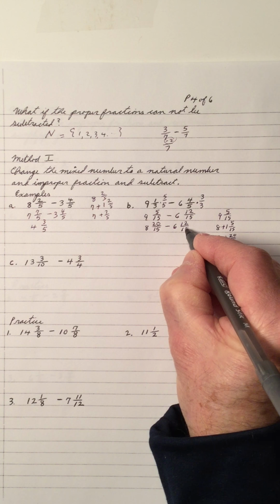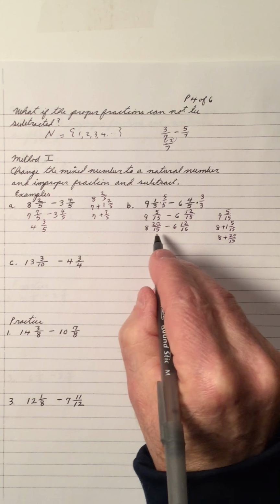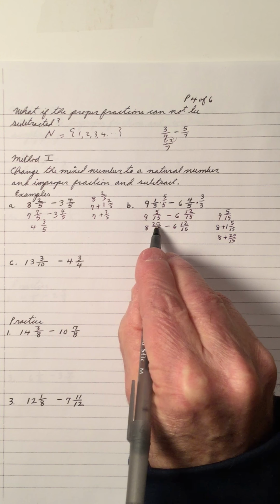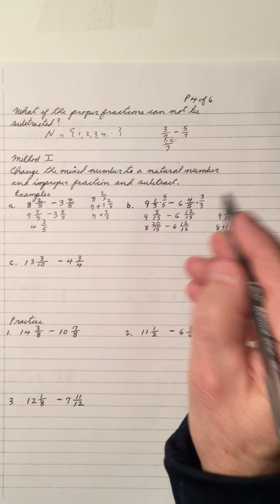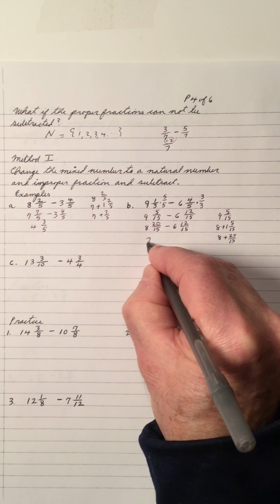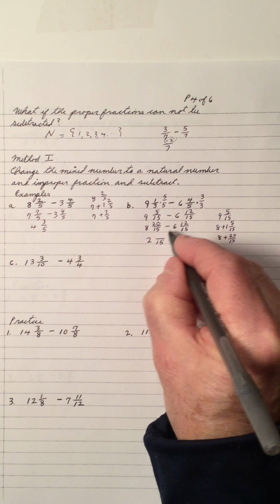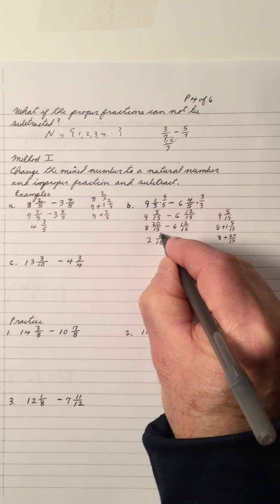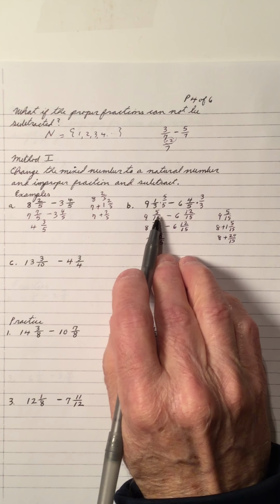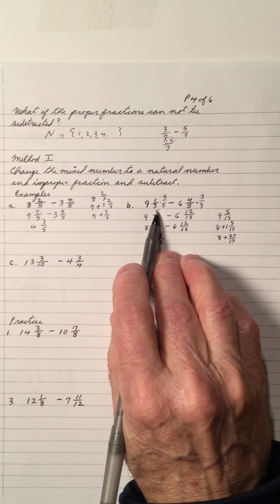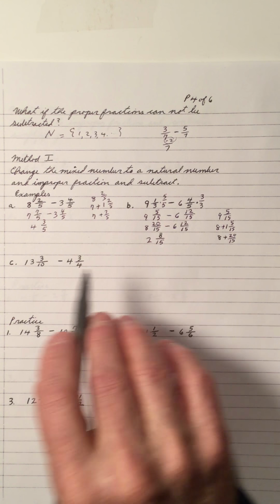Let's look at it again. Notice the common denominator is 15. Now I can say 20 subtract 12, it's 8, so it's okay. 8 subtract 6 is 2. 15 is the common denominator. And 20 subtract 12 is 8. So again, the numerator here is not big enough, so we change it around. We practiced that